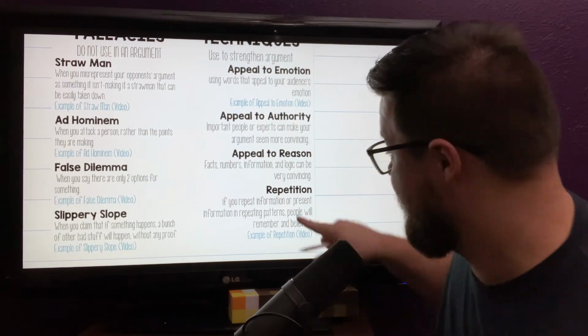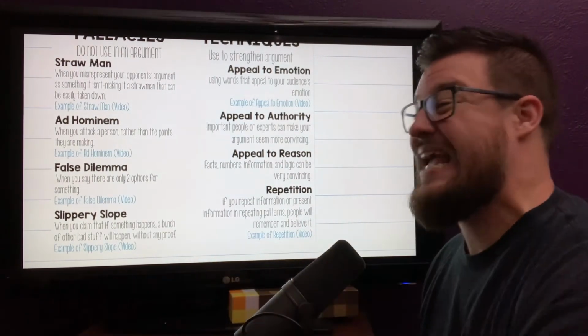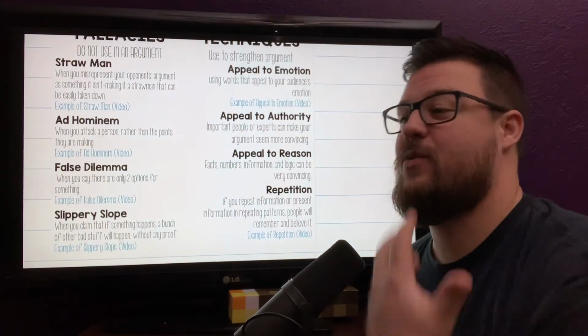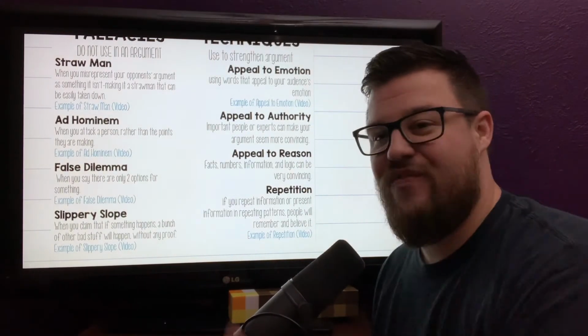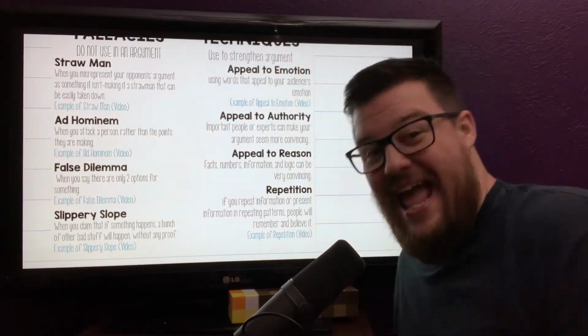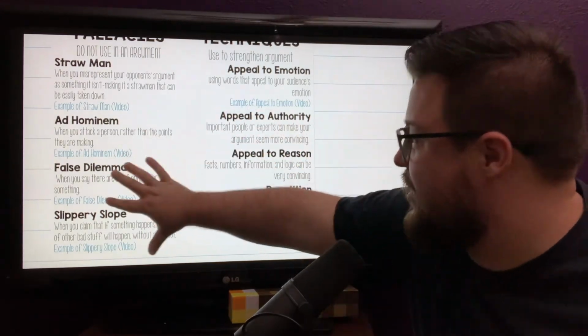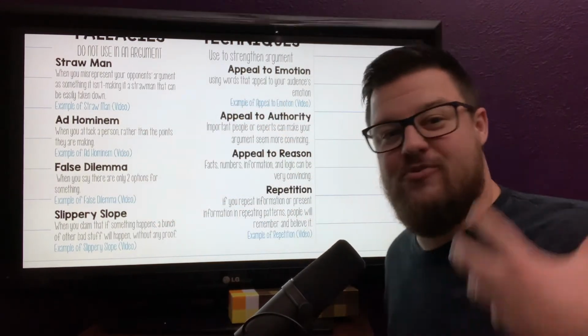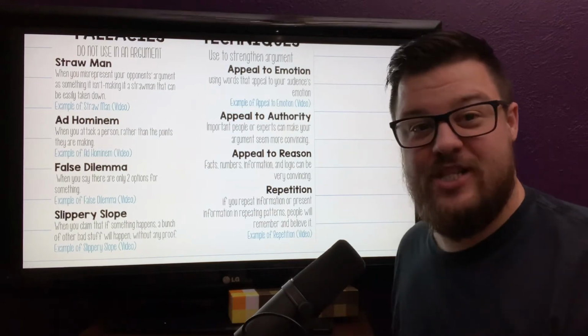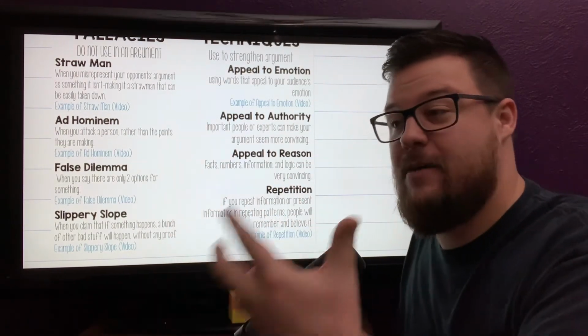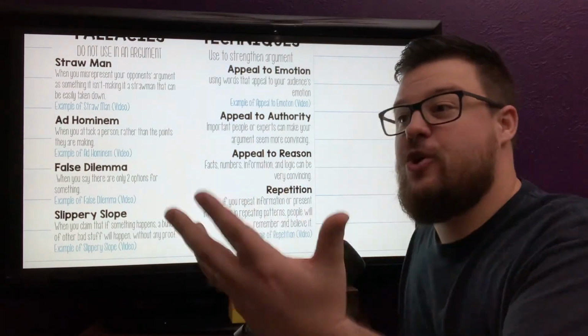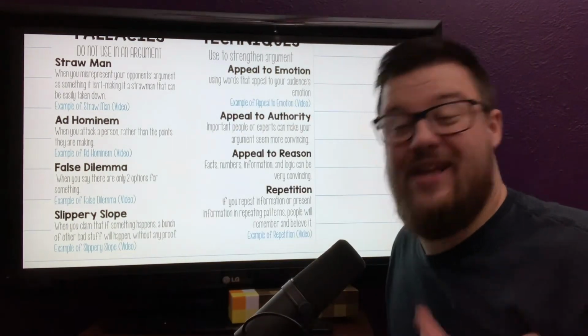Another great example of this is repetition. It's not enough to just say something over and over again. You want to say something with evidence and with conviction and with facts, because that is what's going to elevate everything. So even if you use these techniques, you still want to use facts and evidence to get someone's attention, but really to persuade them to agree with you, or to show an audience why they should agree with you in the form of a debate.